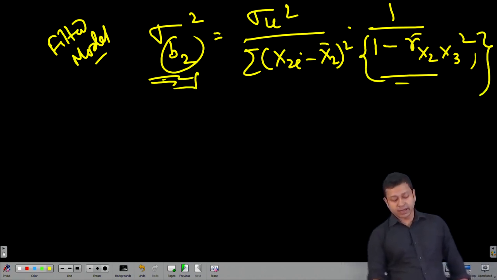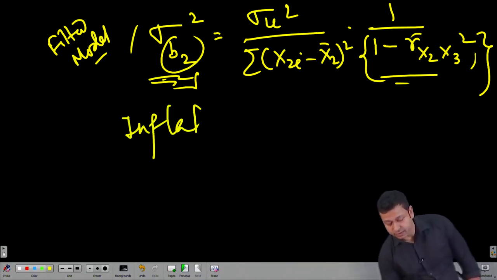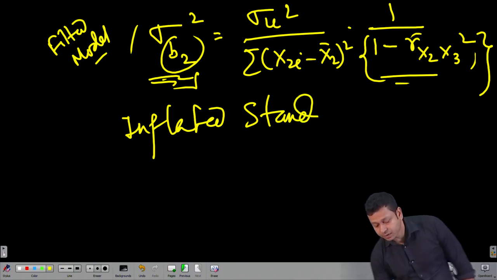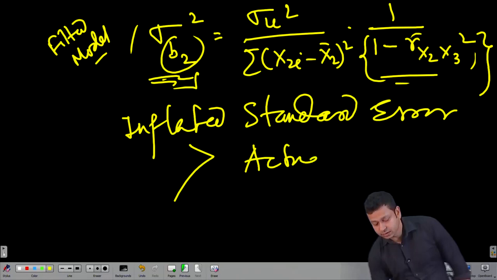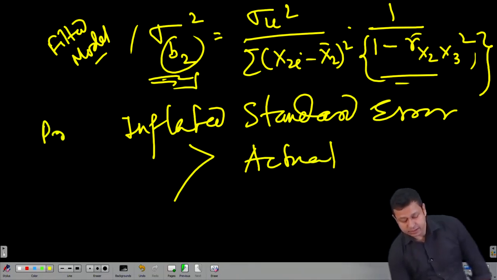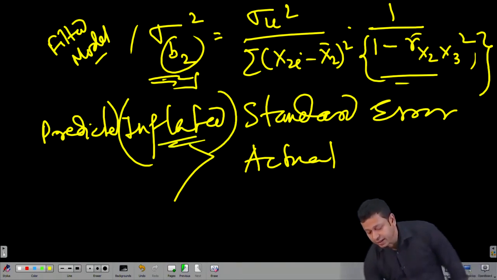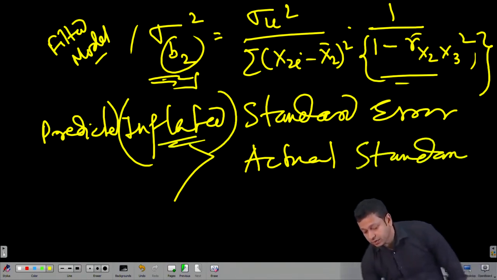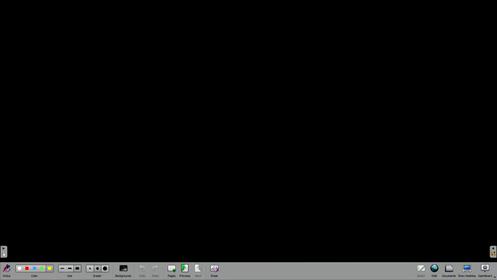So, the value that I get for this standard error is going to be more than the actual standard error. So, we are going to get an inflated standard error, which is bigger than actual, or this is basically predicted. The predicted standard error, let us say this is actually inflation, is going to be bigger than the actual standard error. So, what is going to happen because of that? When my predicted standard error is inflated and bigger than the actual standard error, the t statistic that we